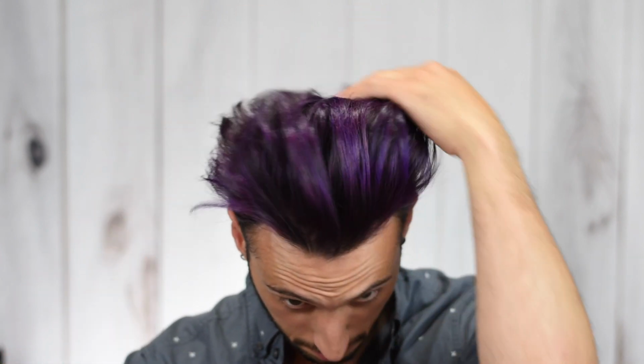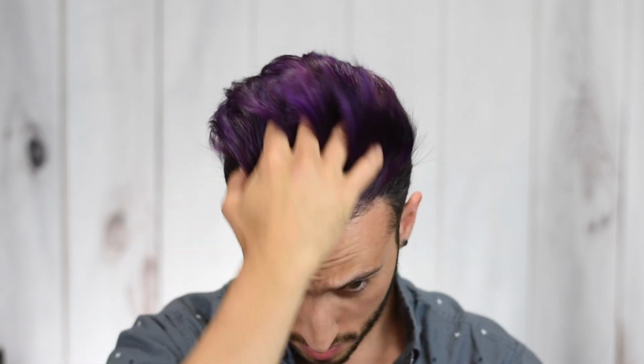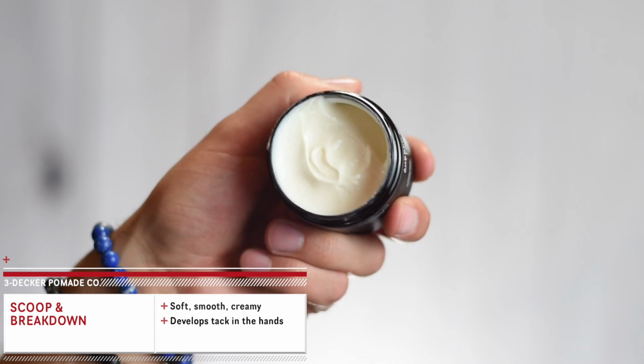Now, before we actually get into the pomade, can we just take a quick second here to appreciate how amazing the Moroccan oil smoothing lotion is as a pre-styler? I mean, I just used it again for like the first time in a minute, and look at that shit. But I digress. All right, so getting inside this bitch under the lid, you will see this white, creamy